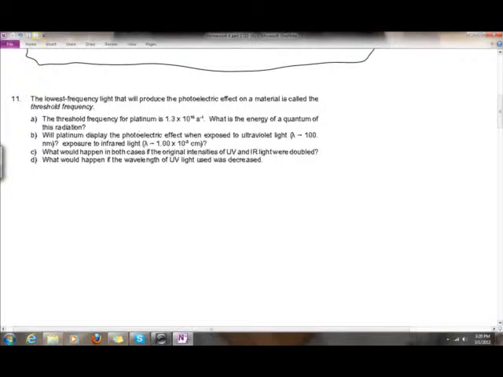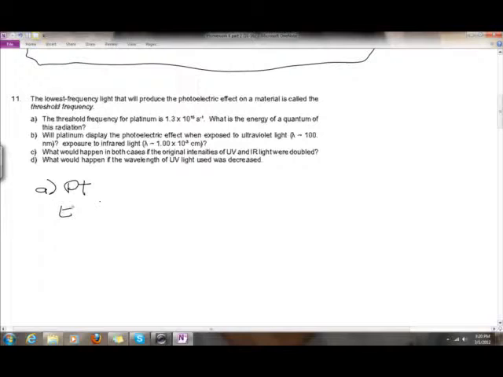So the threshold frequency for platinum, Pt, right? The lowest energy that would be absorbed and will produce a photoelectric effect. So that means that for platinum to produce a photoelectric effect, at least it has to absorb energy,